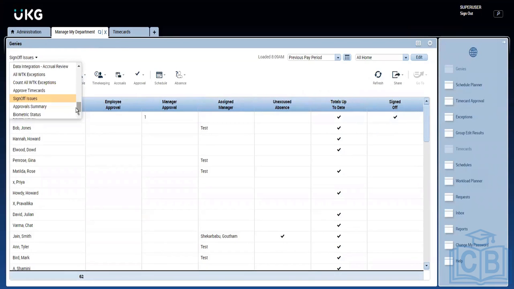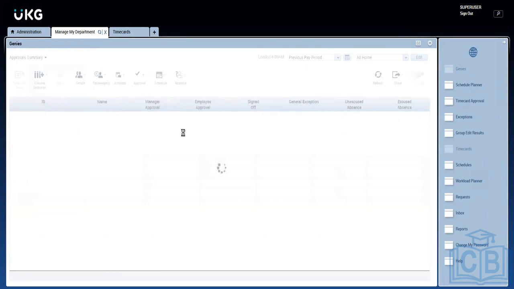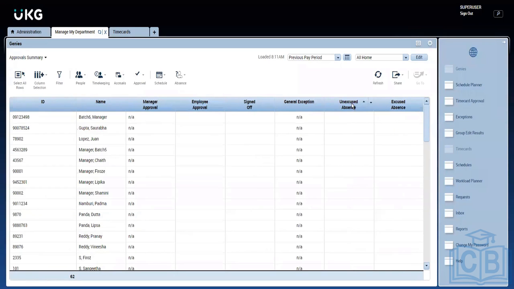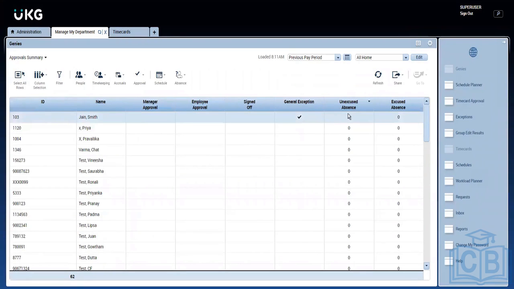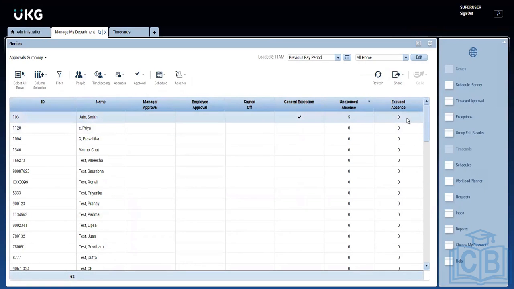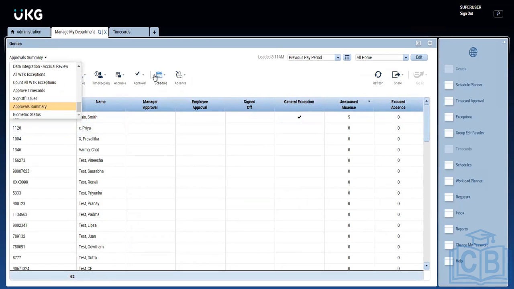There are different inbuilt DINIs available, like sign off and approval. Again, this will give you more of an overview with manager approval, sign off, and also, in this particular one, whether anyone has access. Like if you see this, I have 5 days of access, and whether that access is excused or not. These extra details, DINIs, are basically a kind of data view.